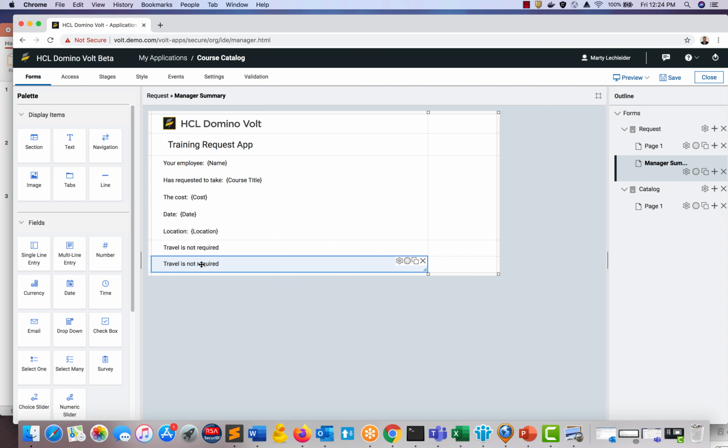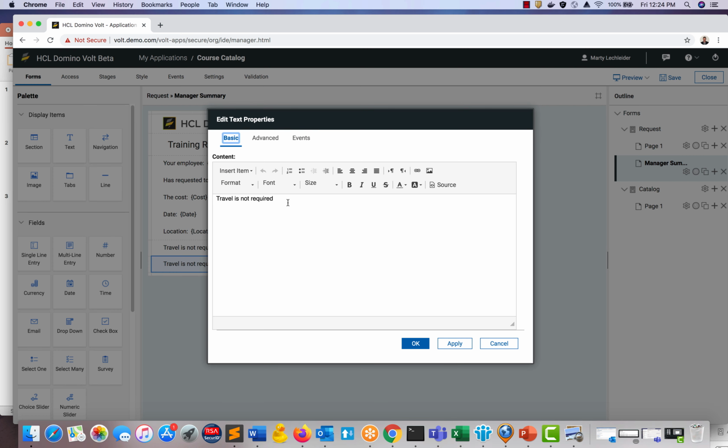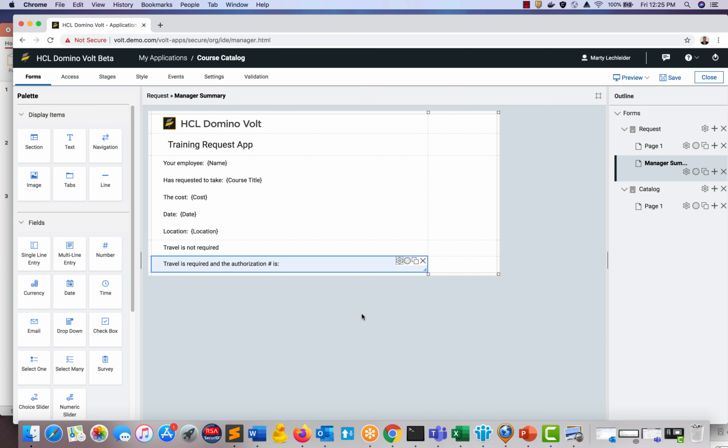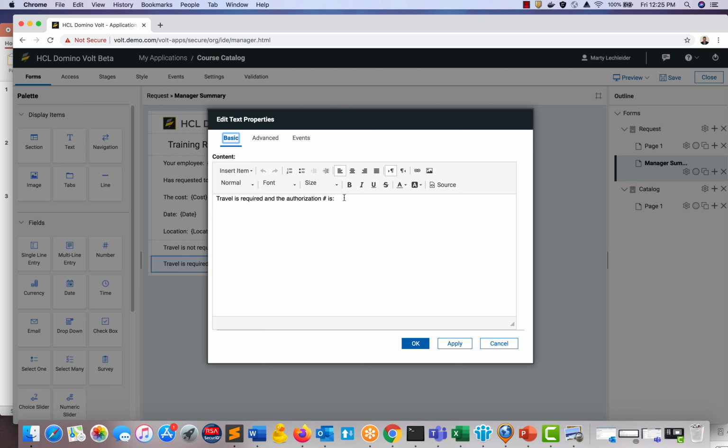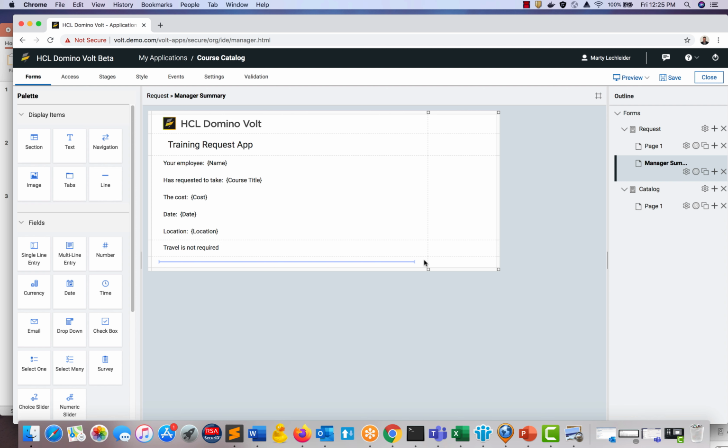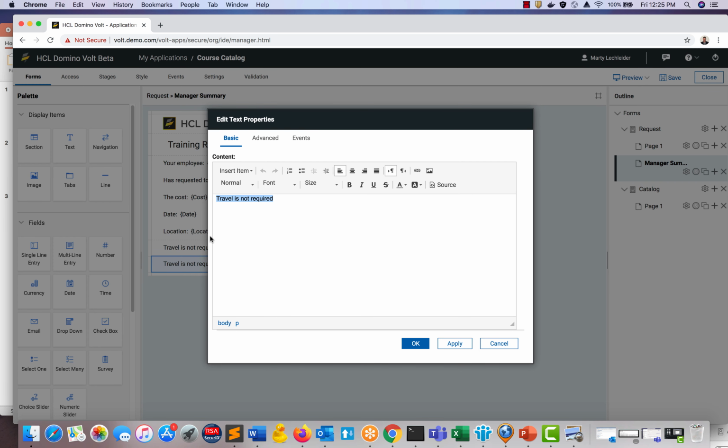Duplicate this, edit it, and add travel is required, and the authorization number is: